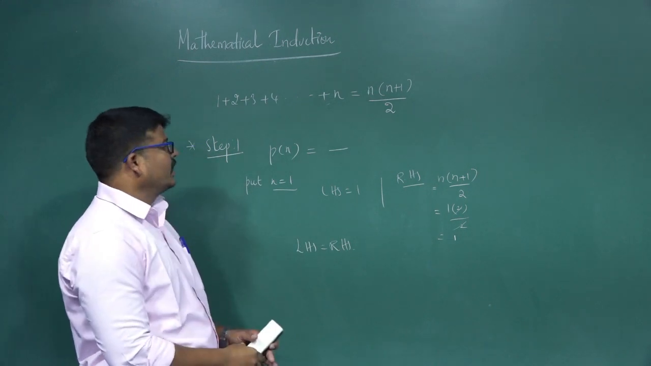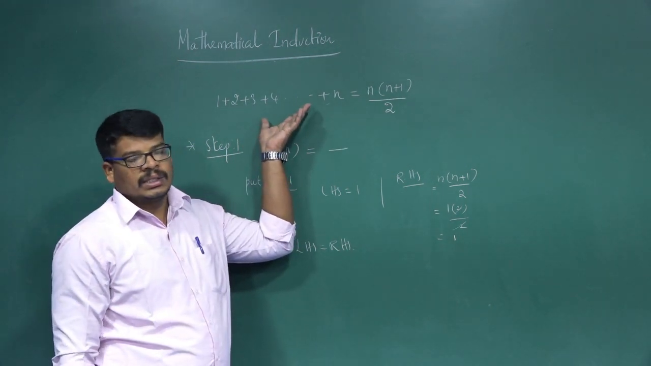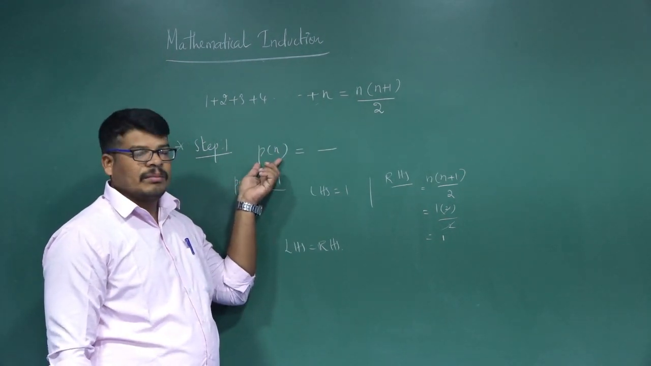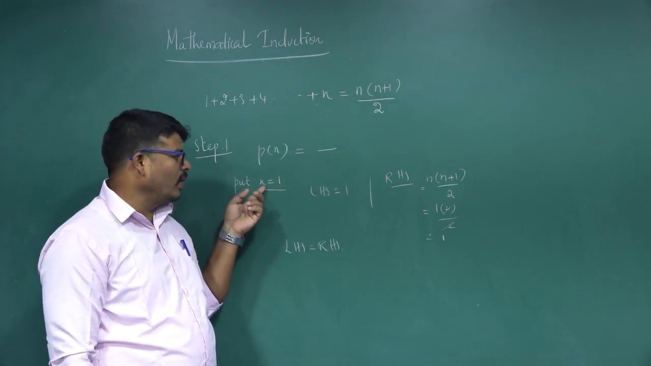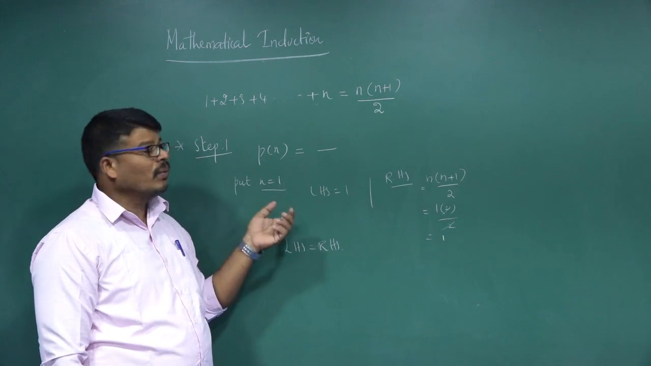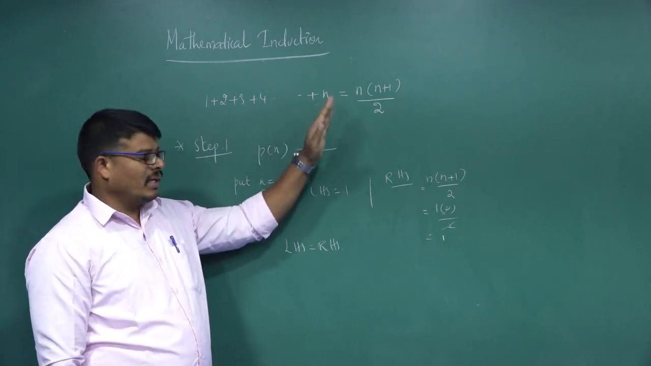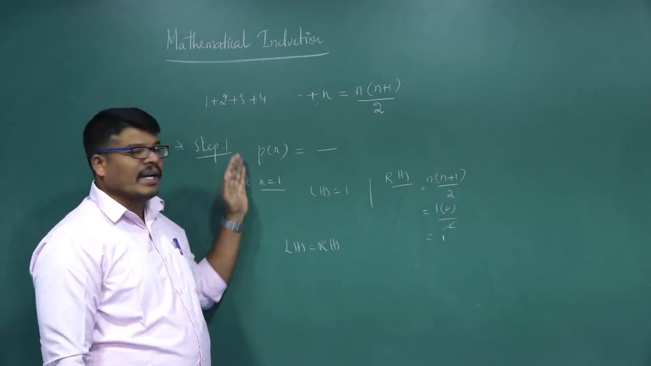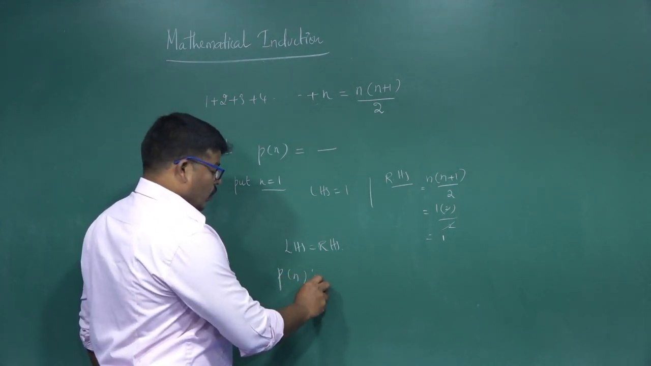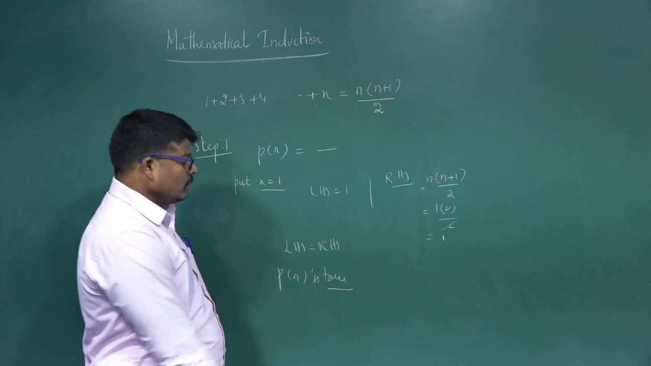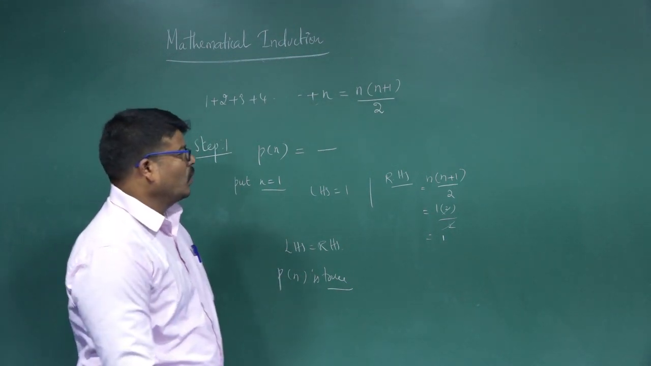So step 1 is: given the statement, write it as P of n. The next one, put the value n equal to 1 to prove LHS equal to RHS. Therefore, P of 1 is true. That is step 1. And step 2,